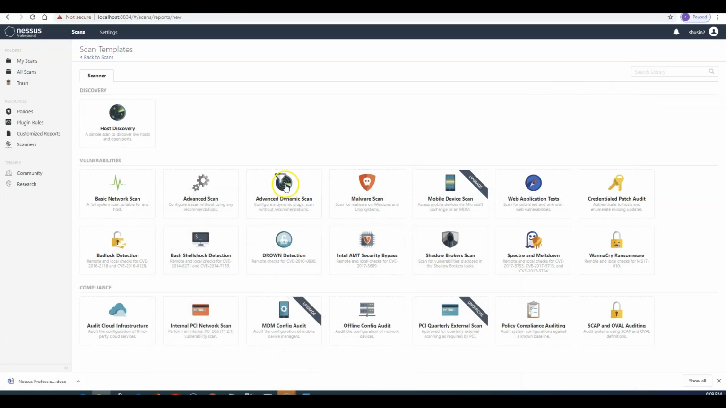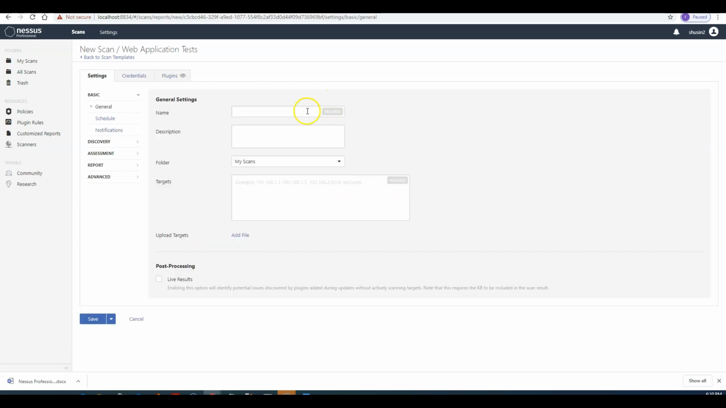What else here? Since we're gonna do a web application test, I'm gonna use this. I'm gonna click this, and then I'm gonna put the name. Let's say I'm gonna do Metasploitable scan. Okay. And then you can put a description, Metasploitable. Okay. All right. The target IP address here,